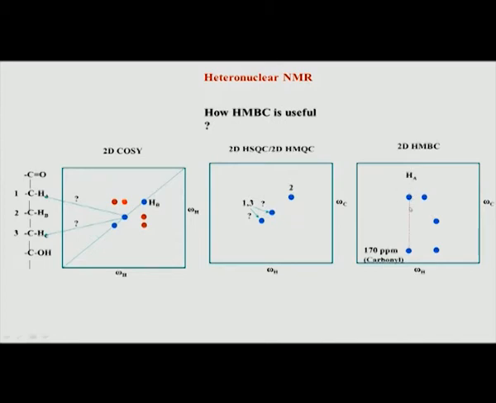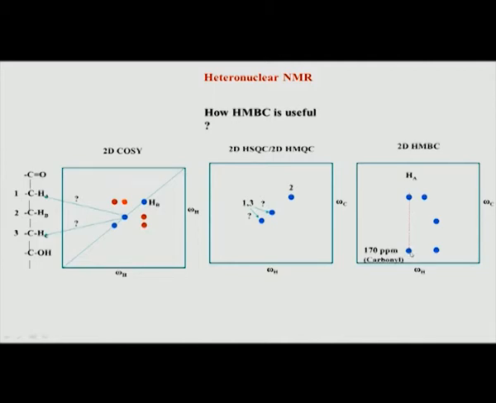But if you go to this particular case and look at this line here, you see this particular proton, which is one of these two. These two correspond to these two, if you draw a vertical line here. Remember, we have the hydrogen axis in all three spectra. So, if I draw a vertical line like this, it will give me the proton value. This proton value and this proton value correspond to these two here.